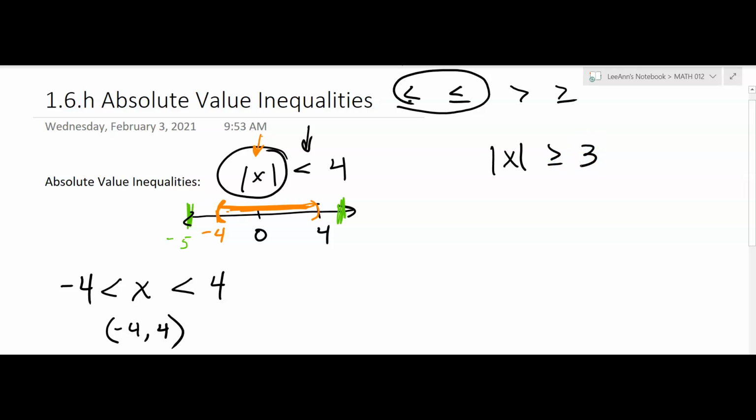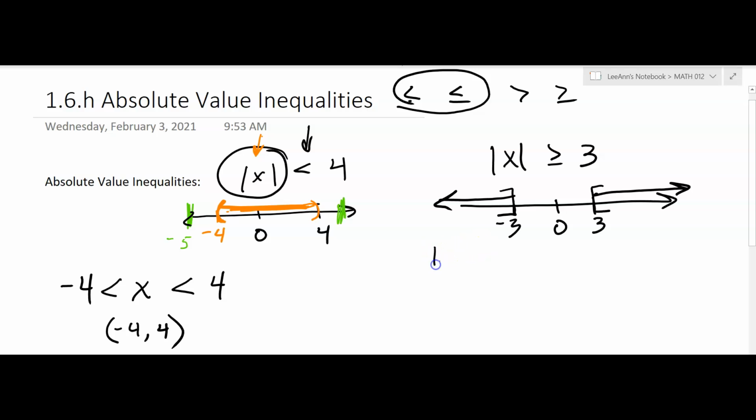Okay, well, on a number line, you could think about 3. And this time I made it equal to, so it'd be a square bracket. You can think about all those numbers that are bigger than 3. And that is true. 4 is bigger than 3, 5 is bigger than 3, 6 is bigger than 3. All those numbers going off in that positive direction are greater than 3. And if you take the absolute value, they're positive, so they're still going to be greater than 3. But you also have numbers down here